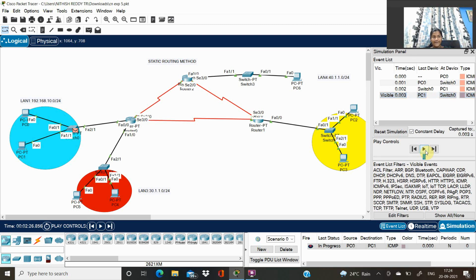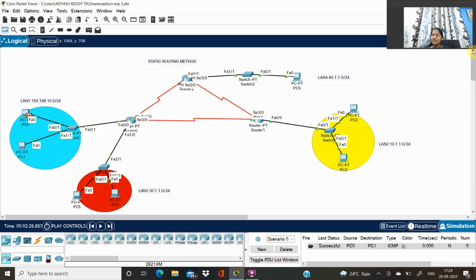Again it is sending back to the router, to the PC, and it is successful. When we ping from LAN to LAN, that is known as the static routing method. By using the static routing method, we are going to ping from one LAN to another LAN.